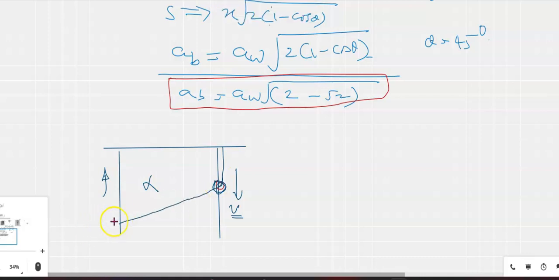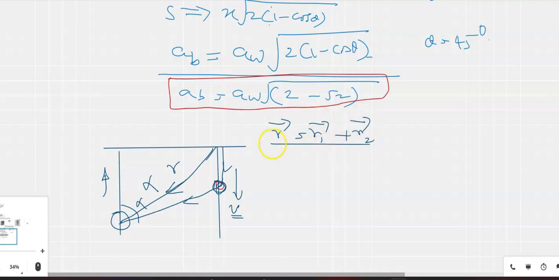This is a rope. This rope is tied to this, and this is my alpha. Here we can see that what we are interested in is, if I join this and this, so this is the vector r. Vector r is equal to vector r1 plus vector r2. Now here what we are interested in is the